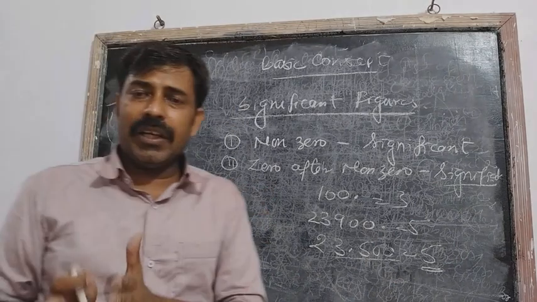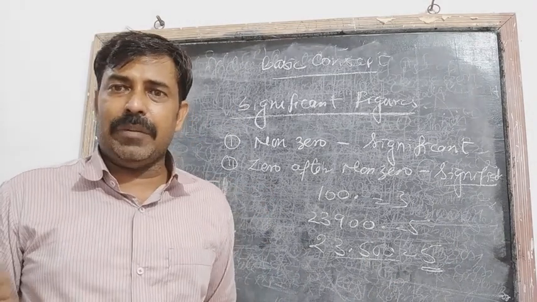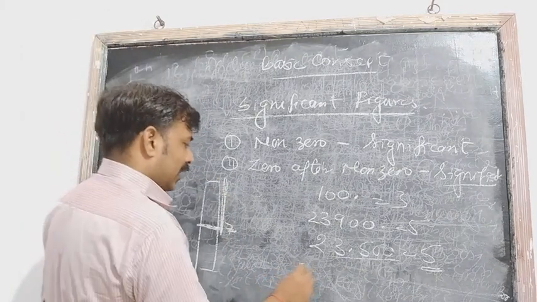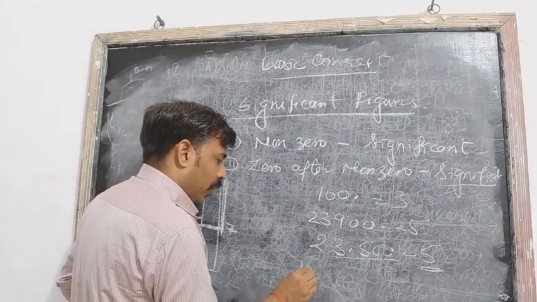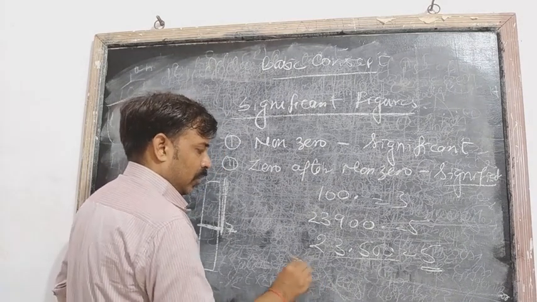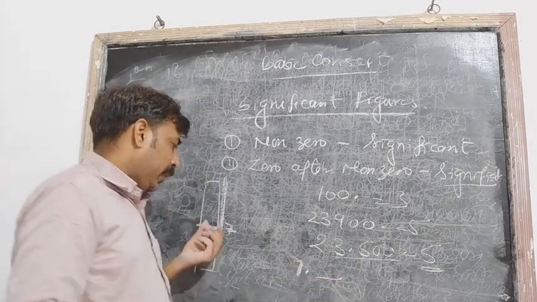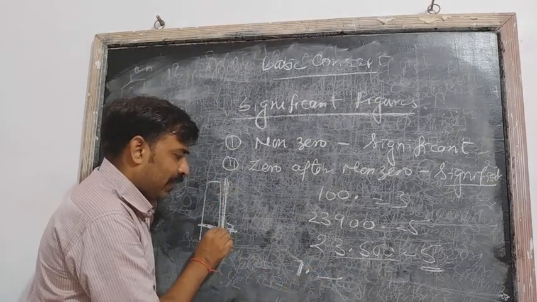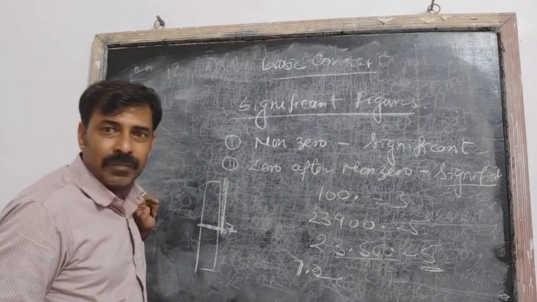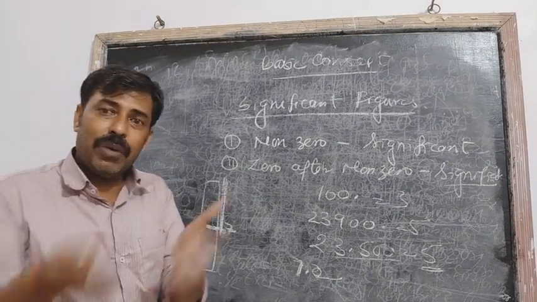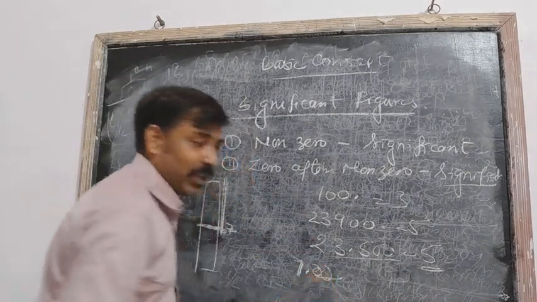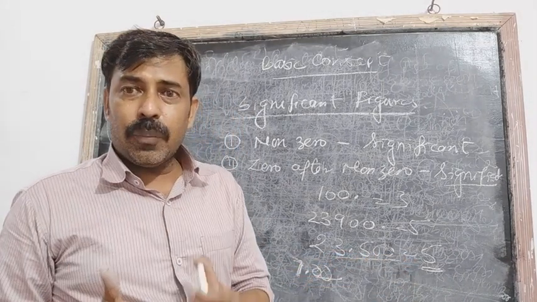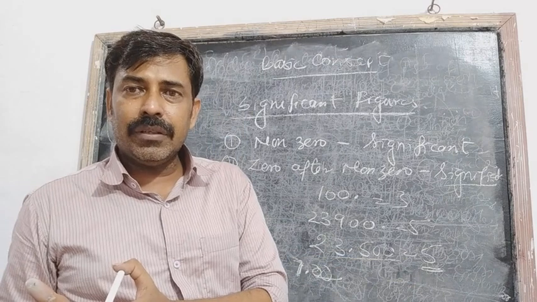And if your scale contains only the centimeter lines, with no millimeter lines, then you can measure it as 7 point nothing. But if it is capable of measuring to the millimeter and that is exactly 7, then you can write 7.0. If it is capable of measuring even one more place, then you can write 7.00. That means these zeros are suggesting that your equipment is more efficient in the measurement.